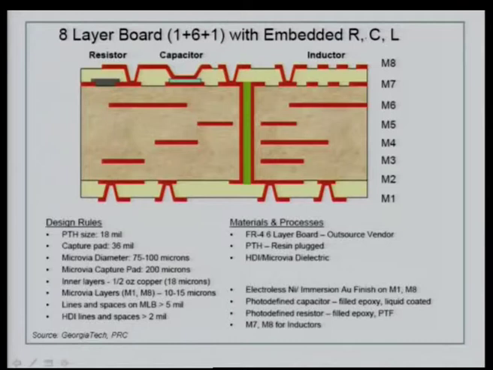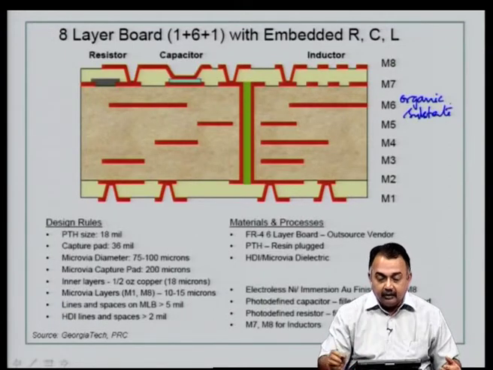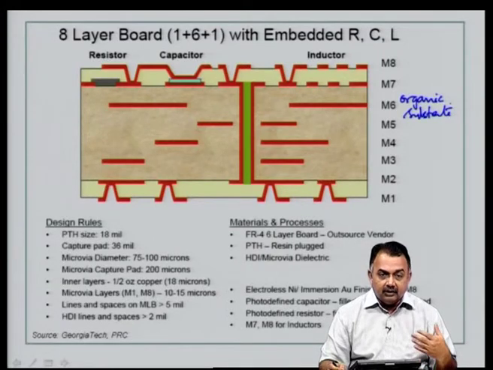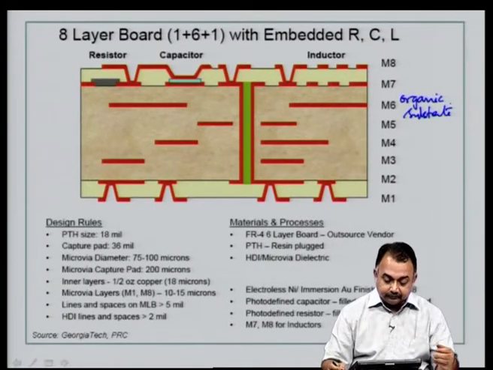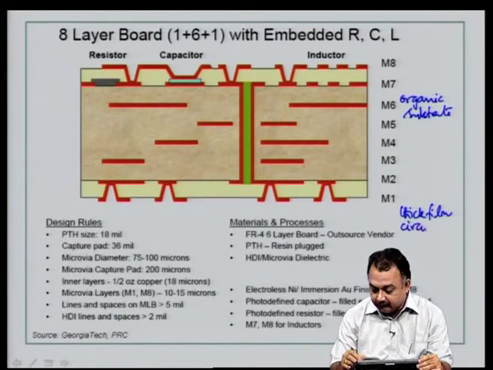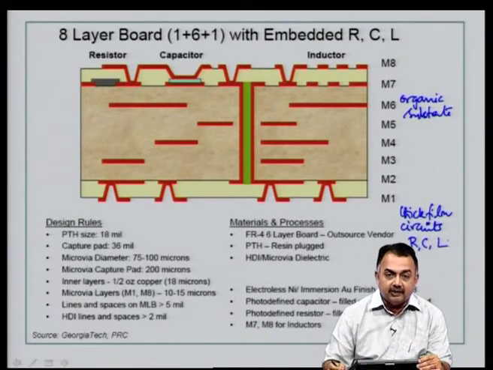This is again a cross section of how currently embedded passives are being manufactured on organic substrate. Again I emphasize that organic substrate is cheaper compared to a ceramic substrate, and this particular slide should give you some thought on a particular technology that we discussed earlier called thick film circuits. Very briefly I mentioned about this, where we use R, C and L, the resistor, capacitor and the inductor,